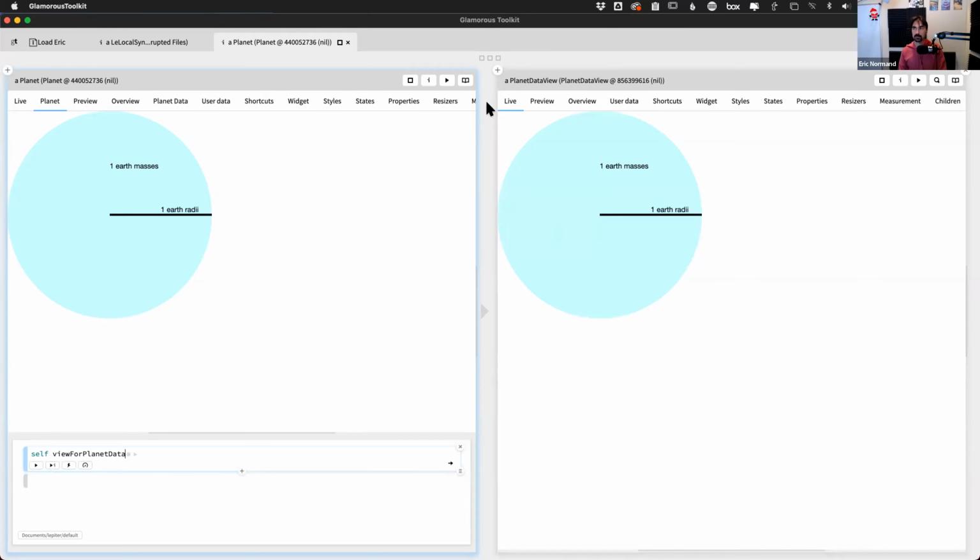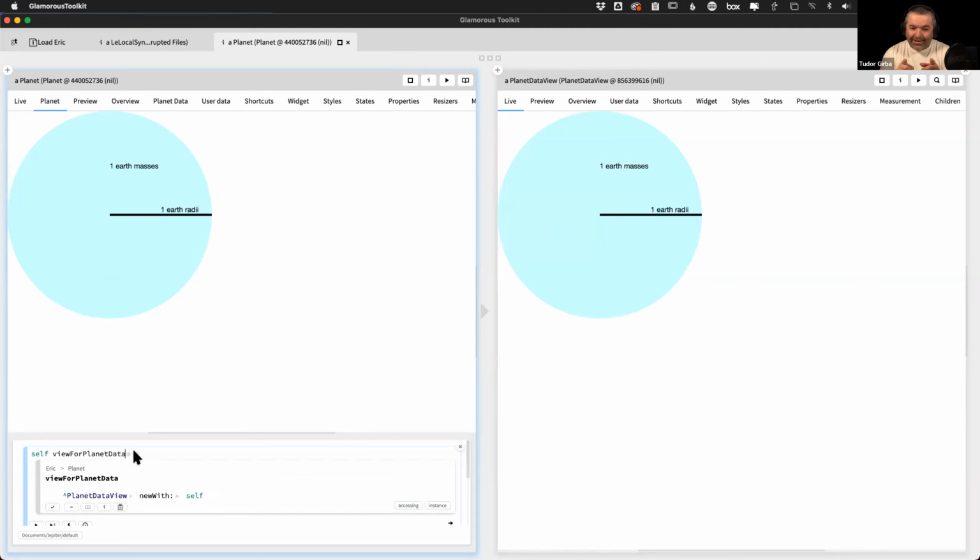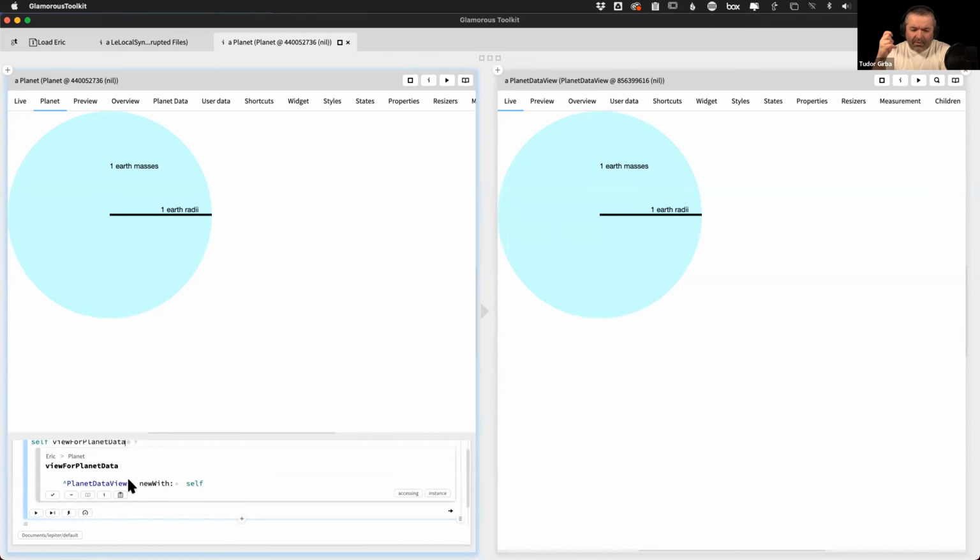Right. So I'm now in the planet. Now you want to work on it. It's also already interesting that you have the same view. So I guess that the planet actually delegates to the planet data view, or maybe the other way around. Which is nice. Yeah, probably the other way around. So now, if you want to work on planet data view, you can just go to the